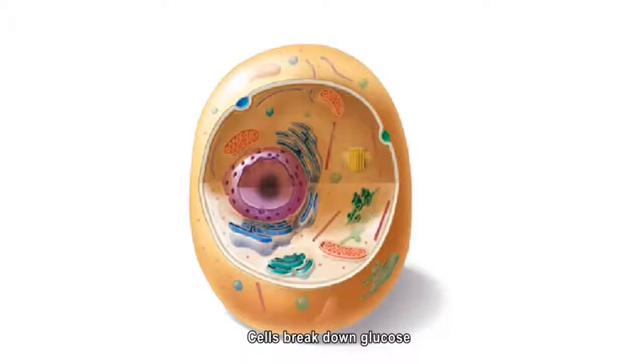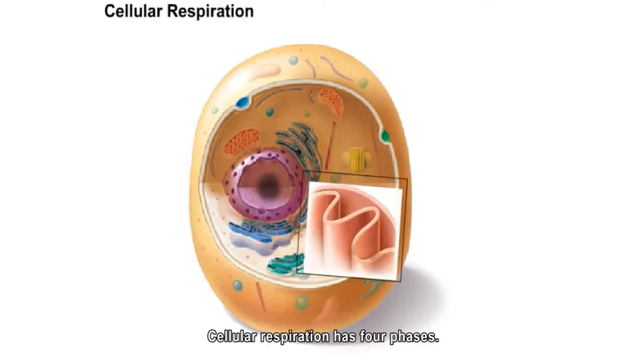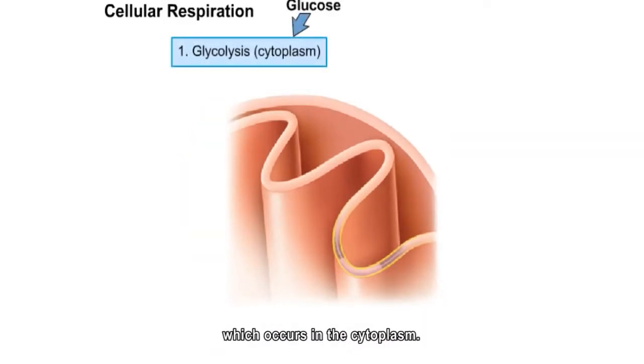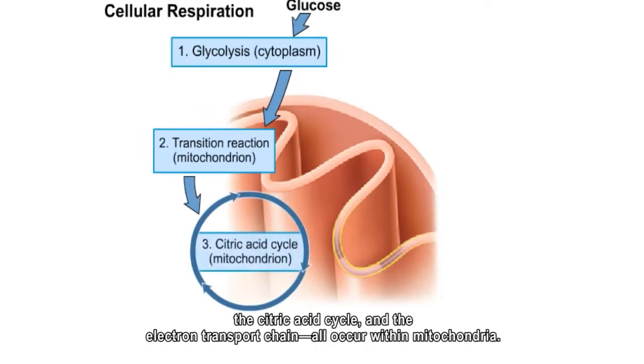Cells break down glucose and derive energy from it by using an oxygen-requiring pathway called cellular respiration. Cellular respiration has four phases. The breakdown of glucose begins with glycolysis, which occurs in the cytoplasm. The next three phases of cellular respiration, the transition reaction, the citric acid cycle, and the electron transport chain, all